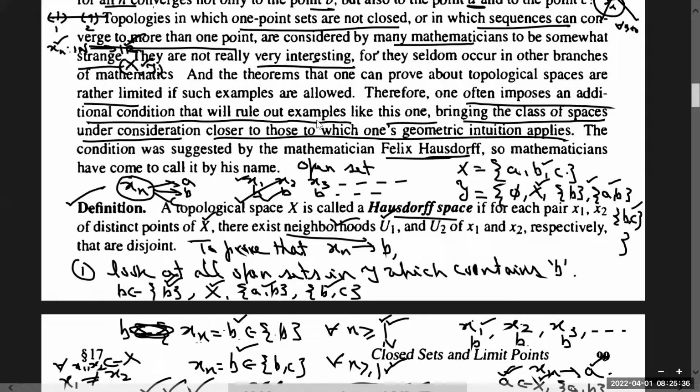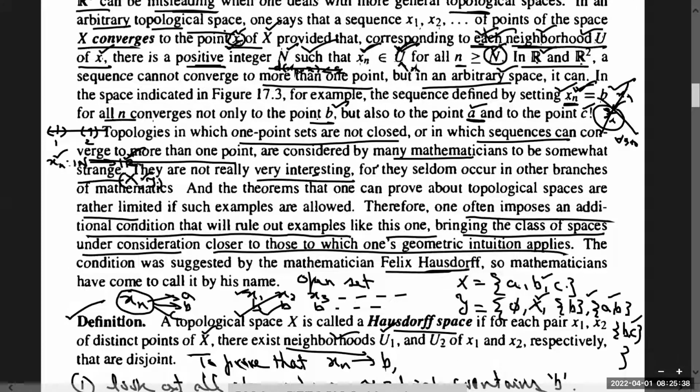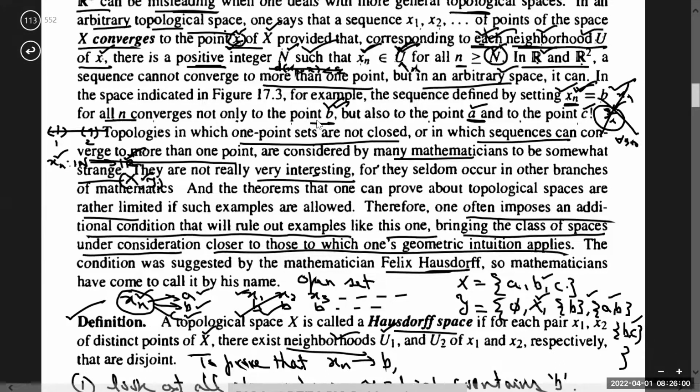Basically we need to prove that this sequence xn equal to b converges not only to the point b but also to the point a and to the point c. This sequence is going to converge to all the points a, b and c. ये सीक्वेंस xn जो है ये a को भी कन्वर्ज करेगा, b को भी कन्वर्ज करेगा, c को भी कन्वर्ज करेगा। तो चलो देखते हैं कैसे कन्वर्ज करेगा। दिस इज योर सीक्वेंस। नाउ लेट अस स्टार्ट वन बाय वन।